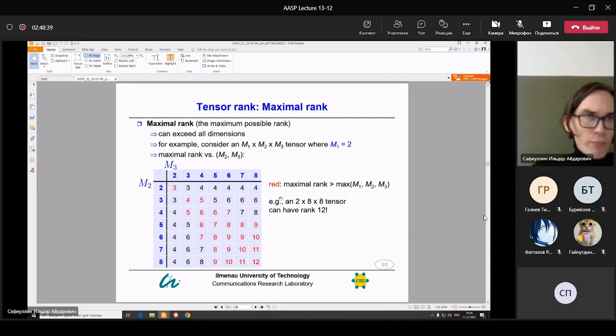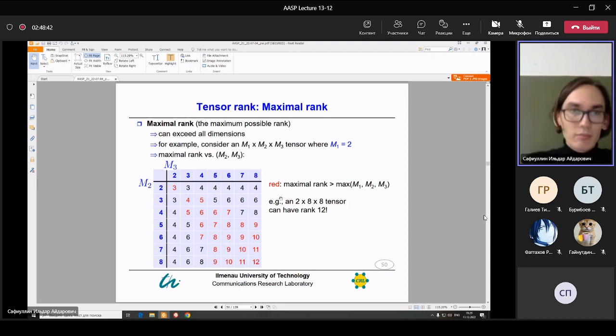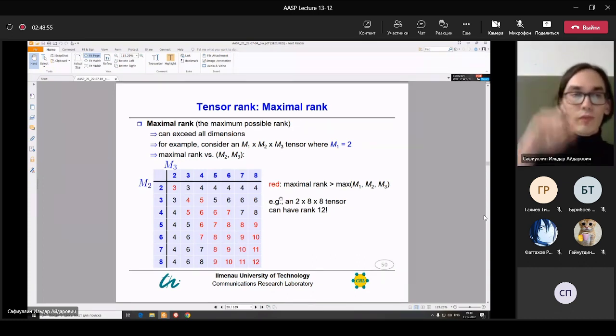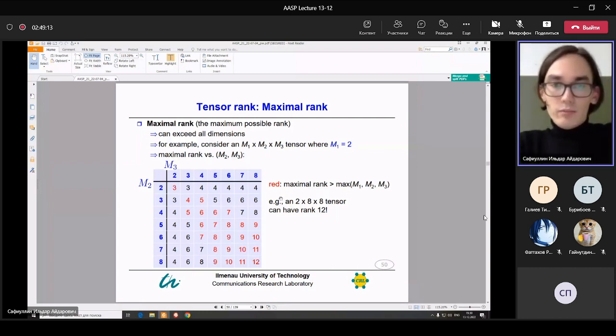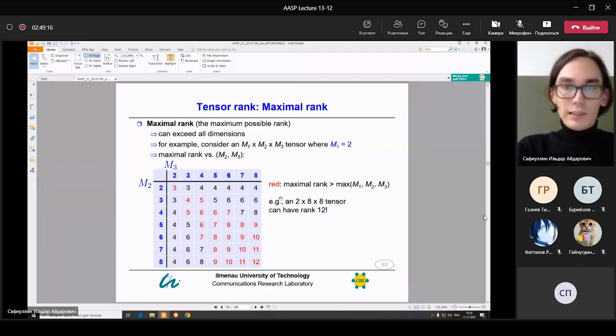This rank can exceed all dimensions, and here we assume that our first dimension is constant and equal to 2, and we change the values m2 and m3, and we see what we have for the maximal rank with these variables m2 and m3. And as red color, you can see maximal rank,